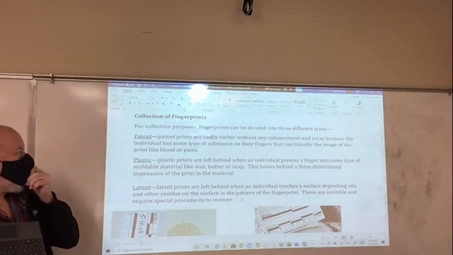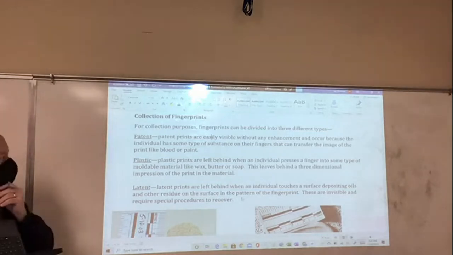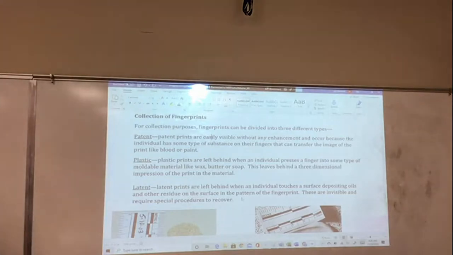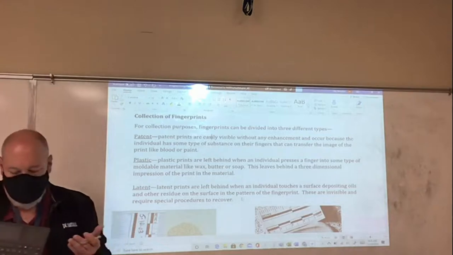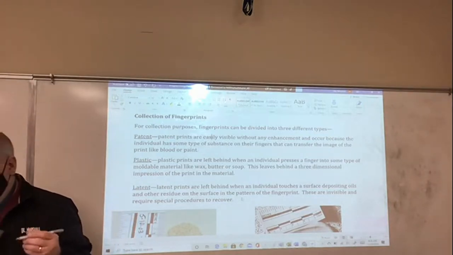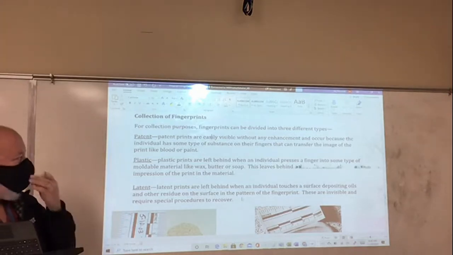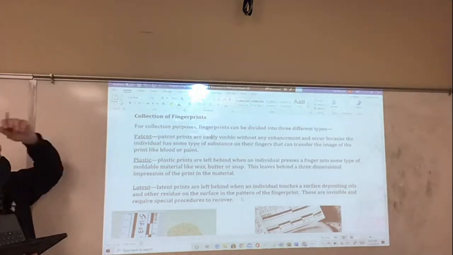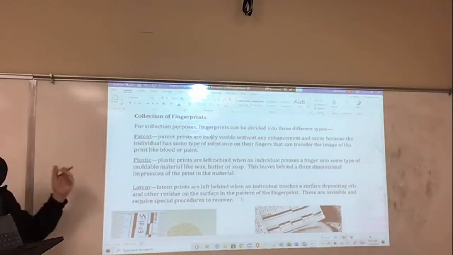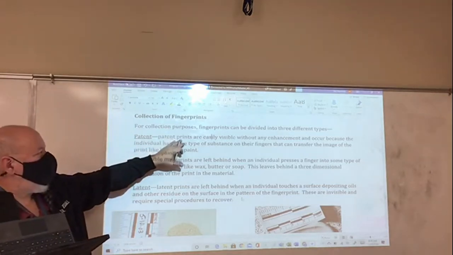We are talking about collecting fingerprints. We said that this was part of the crime scene investigation. We talked about the crime scene investigation in general. One of the activities is collecting fingerprints, obviously, and we need to know a little bit more about how that's accomplished. First of all, we have several different types of fingerprints, and the easiest one for us to see are